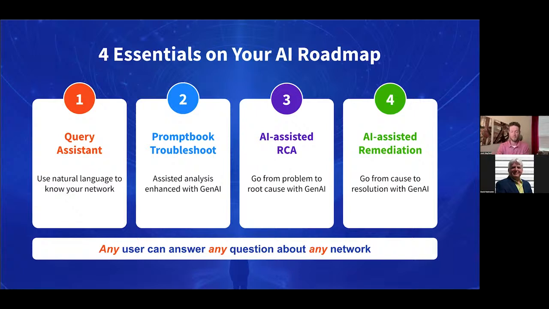All of these network components, on-prem, internet, edge, and everything in between, from devices to data centers, from apps to clouds, to customers and supply chains, do have answers embedded in them. And what AI can do is unlock it. I'm going to tell you about 4. One is just a query assistant.